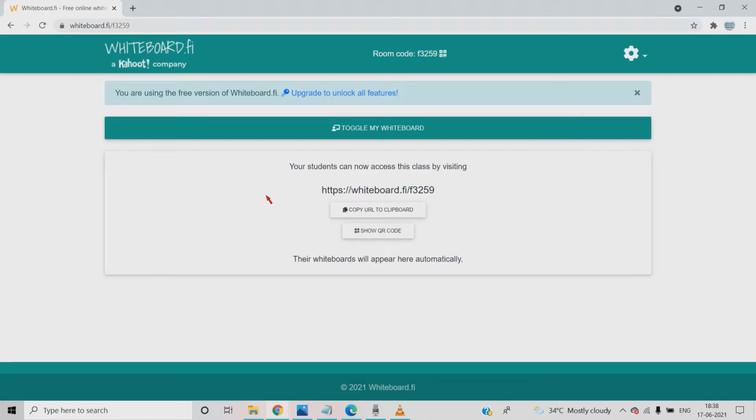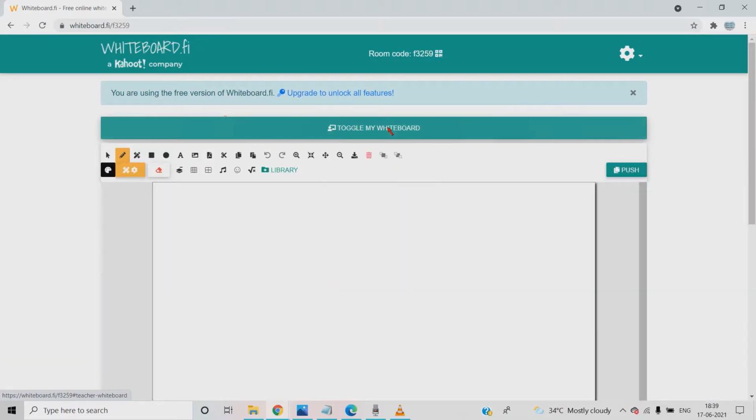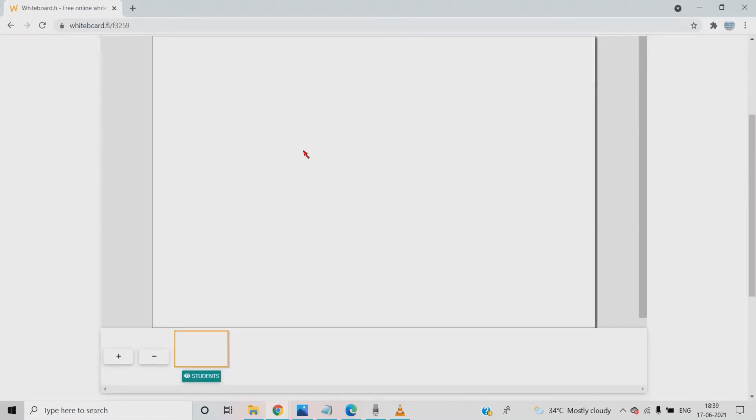On the spot of the class, you can send it through the Zoom chat box. Then you have to click on toggle my whiteboard. Before I do this, let my student enter here.